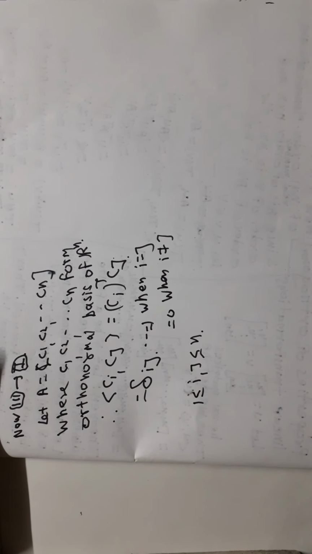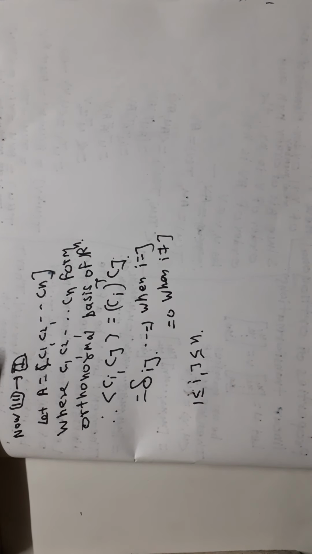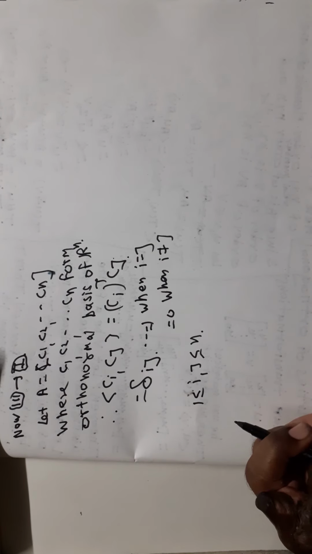Now see here, angle bracket Ci, Cj is Ci transpose Cj. But Ci transpose